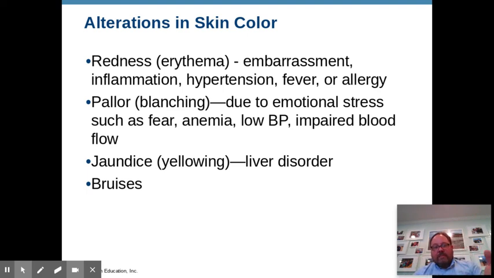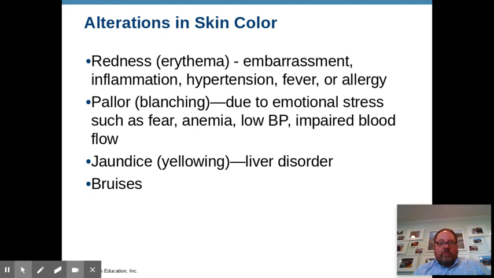Additionally, like with anemia, you might have issues with hemoglobin production. So if you're not carrying as much oxygen, that can cause paleness of the skin. Again, idea with like low blood pressure, you're not pumping that blood to the surface and things like that. Jaundice or yellowing of the skin can be caused because of issues with the liver, or like in newborns,